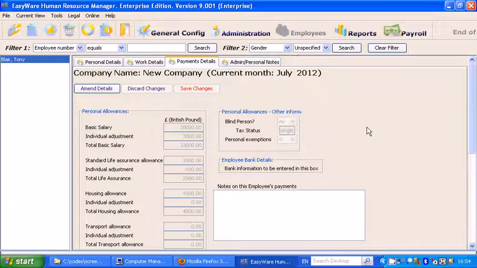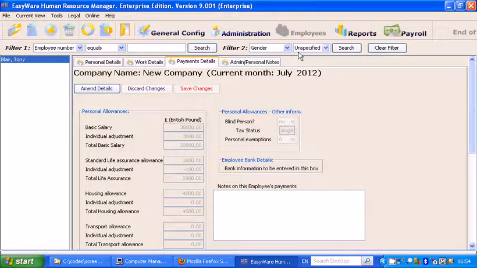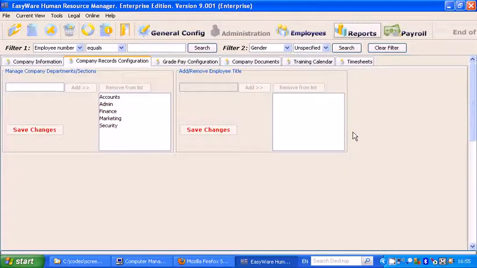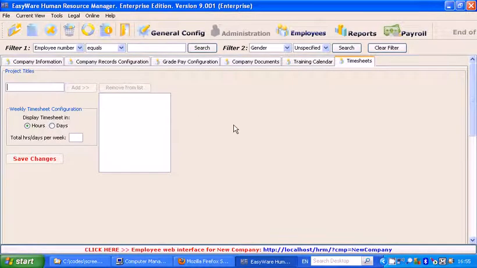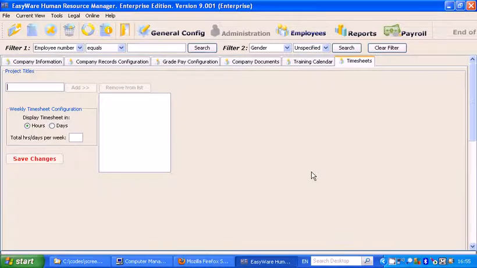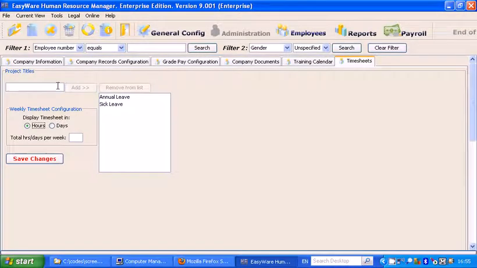There are some other things you may want to consider at the initial stage. For example, entering information for the employee timesheet. For that, we go back to Admin and click Timesheets. Then we enter project details. For instance, annual leave, sick leave, training,